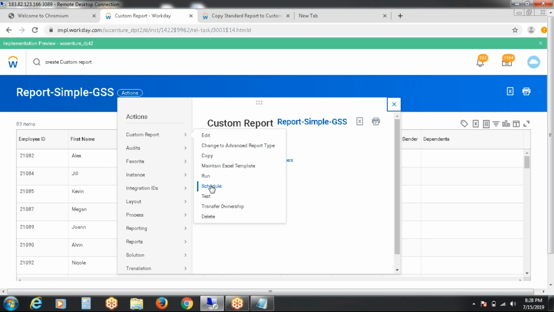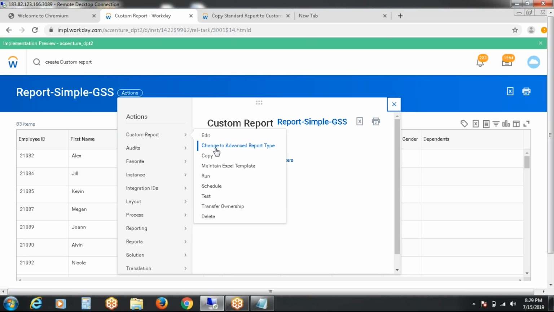If you want to run it on a schedule, every week, yes, it will automatically run. Test transfer ownership: as Richard, I have created this report. If I want to transfer it to any other, Leslie or Sudhira or Muru, whoever I would like, I can change the ownership, transfer ownership. Or if I want to delete the report, I can delete the report. These are very important to remember. The remaining ones we can learn as per experience, but these things are very important.